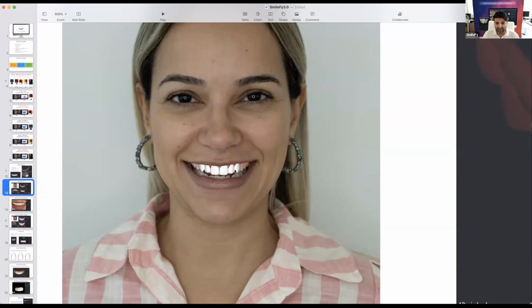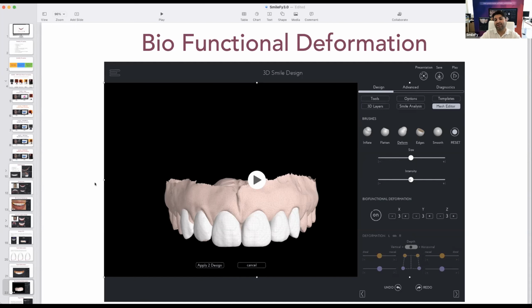Now, if the template is very bulky, right, I can flatten out the surface and actually change the curvature of the tooth by flattening it and keeping the morphology almost perfect, right? Almost perfect. It's the same morphology, the same quality, and we're just remodeling the tooth with this technology. So your mock-up that you design is going to be much faster, much more beautiful, and much more precise, because now we can easily finalize the mock-up